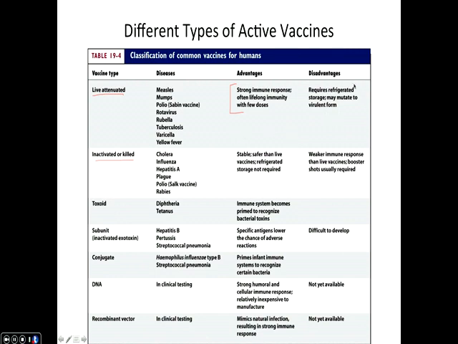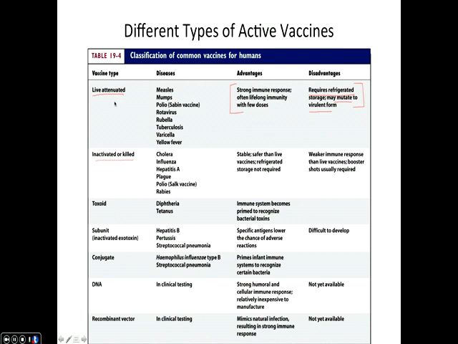Now, the problem is there are issues in terms of refrigeration or storing these, and that can be particularly difficult when you're transporting the actual vaccinations, especially to countries that don't have really well-developed medical systems. Also, the closer it is to the actual live virus, there can be mutations and it actually can create a virulent form.